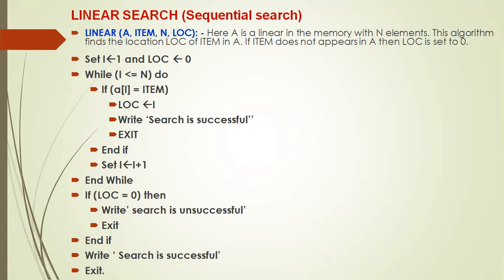So the statements from the if statement till the end if are not executed. Then set I equal to I plus 1. So I from 1 now becomes 2. Go backward. 2 is less than or equal to 10, that is also true. Then A2, what is there now? 20. Is it equal to 40? No. Again, from the if statement to the end if, the statements are not executed. I equal to I plus 1, so I now becomes 3. 3 is less than or equal to 10, that is also true. A3, what is there? 30. But which element am I searching?